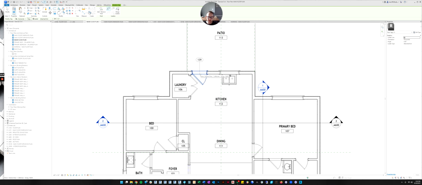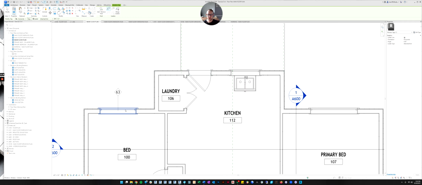And you see how the tag for the doors is kind of a pill shape. The tag for the windows is a diamond. And the tag for the walls is a square. Those are what the template has loaded in already for doors, windows, and walls. If you worked for an office, they'll have their own default tags. When we looked at the lecture, you could see my residential tags looked very different. They had actual text in them that showed you the size of the door. But the commercial project I showed you looked more like what we're showing here. It just has a number. So that's what we're going to do.